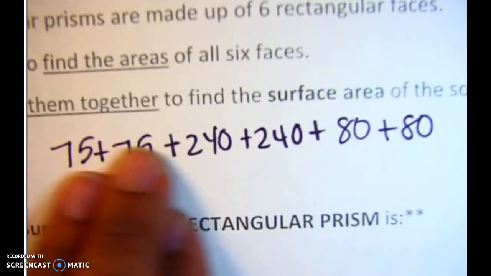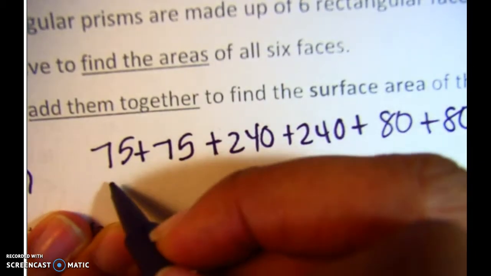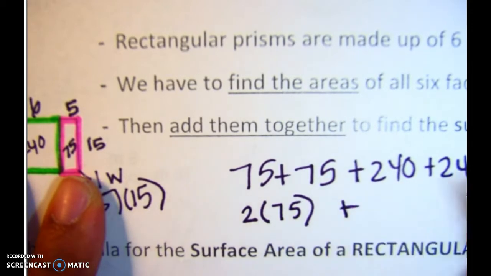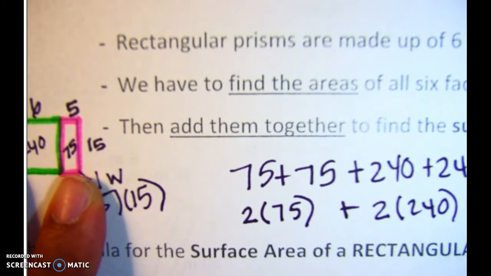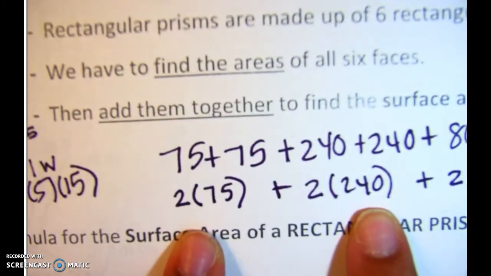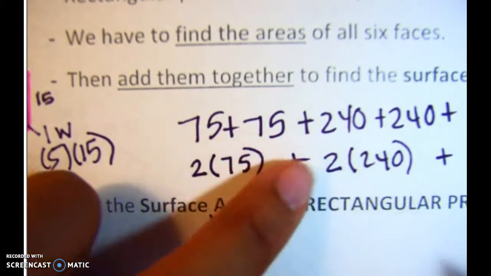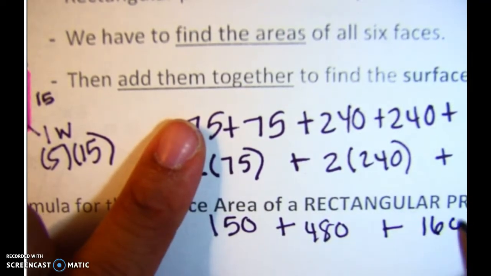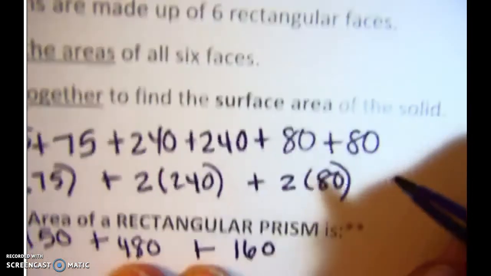And when I find the sum, when I add all of those up, I'm going to have the total surface area. Well, I have two 75s, so I can add them, or if I know that I have two of those, I can just multiply 2 times 75. And I have two of these, a front and a back, and I have two bottoms. For me, it's easier to multiply these because I can right away see that this is going to be 150, this is going to be 480, and that's going to be 160. And now the last step is to add those all together. So add those and then check your answer. And you should have gotten